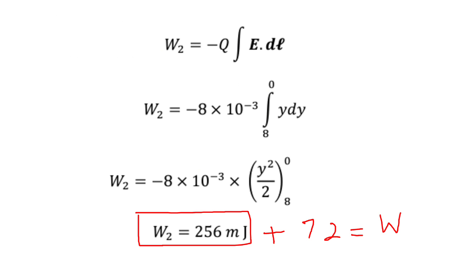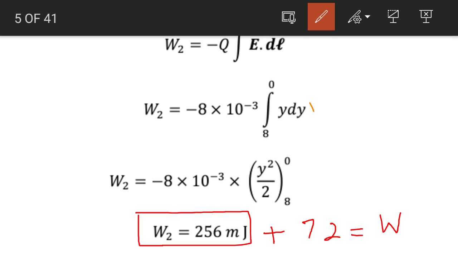we calculate the energy with the help of the integration of minus q, and then we have the integration of E dot dl. So we put the values, and W2 will be equal to minus 8 into 10 raised to power minus 3, and then we have the integration of y dy, and y is changing from 8 to 0. So you see the integration of y dy will be equal to y square by 2. So if we put the values in the second last equation, we get W2, and W2 will be equal to